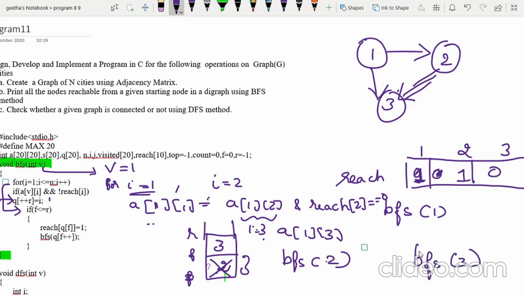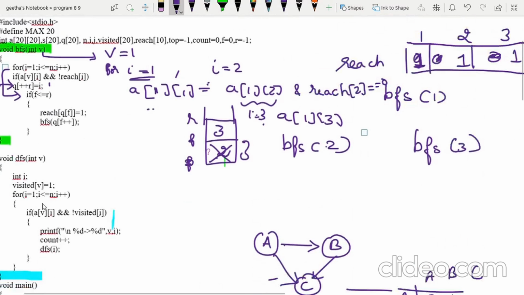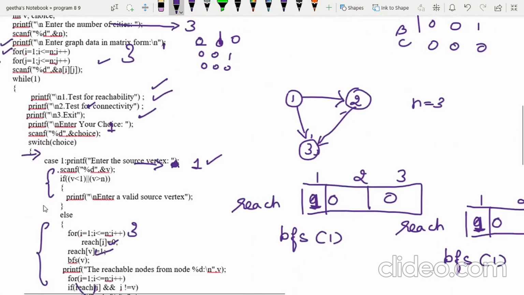This time, make reach of 3 as 1 and call BFS of 3. BFS of 3 is going to check whether there is any unvisited adjacent node, but in this case there is none. So it is going to terminate and return back to the main program.